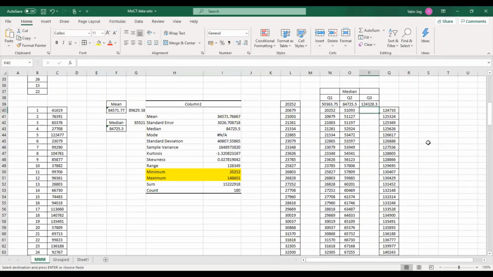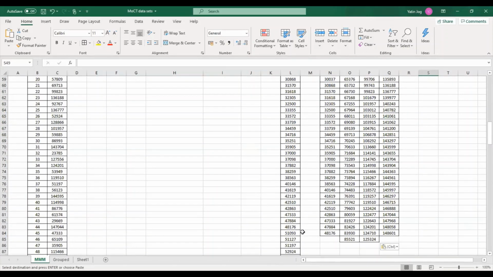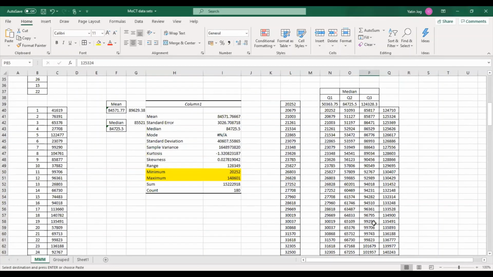So if you look at the data set now, I have equally divided my data set into 4 equal parts. Any small difference is just because we take the average of 2 values in case of even numbers, so that will get adjusted. In a large data set, 1 value is not of much importance in case of quartiles. So I'm dividing my whole data set into 4 equal parts with quarter 1, quarter 2, quarter 3, and quarter 4. This is how you can do division of data with quartiles.